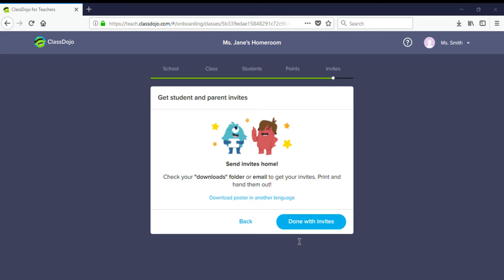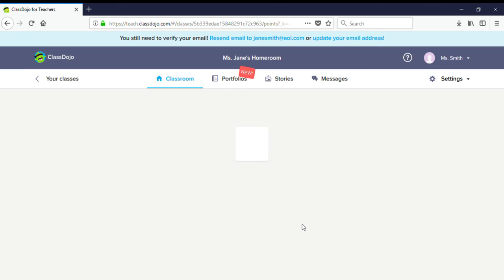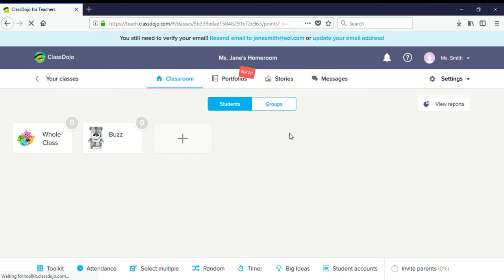It really helps them to see and have an inside view of what's going on in the classroom to help provide some more support and a sense of community. Now, let's go ahead and continue. So done with invites. Now I'm going to go over just a couple of things inside so you can see